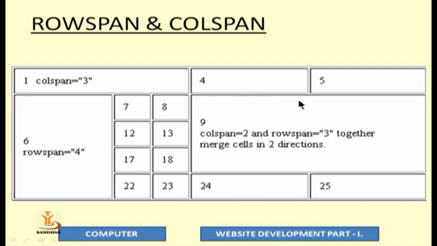Now here you have to understand this particular portion because here we are using 2 attributes at once. Now in the 9th cell you can see we have not only used colspan, that is colspan equal to 2, which is merging 2 cells horizontally, but along with that we have also used rowspan equal to 3. That means that cell is merged across 3 different rows. So the 9th cell is a combination of 6 different cells, 2 columns and 3 rows. That is representing a single cell, and that is possible through colspan and rowspan both.